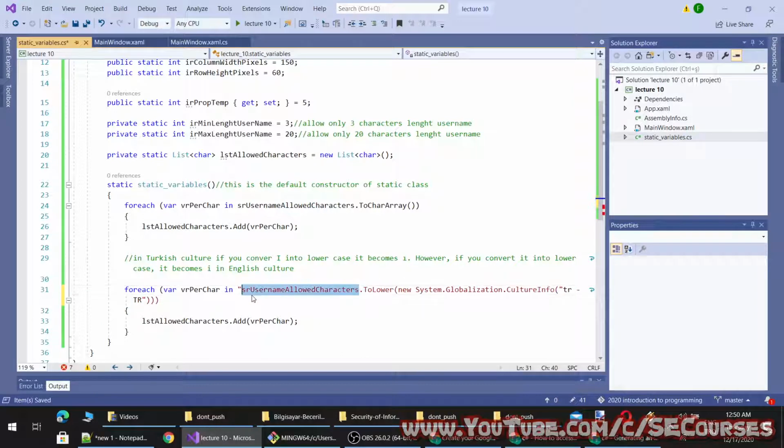Then you see it is automatically looping through it as characters with the foreach method. I have explicitly said here ToCharArray, however I don't have to use it. I can remove this as well, because the foreach implicitly understands that I want to loop through the character list. I could also define it like this. It would work. However, I can also make it like this. Let's add a comment here.